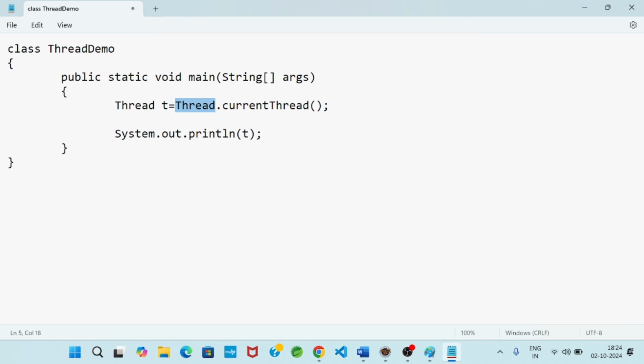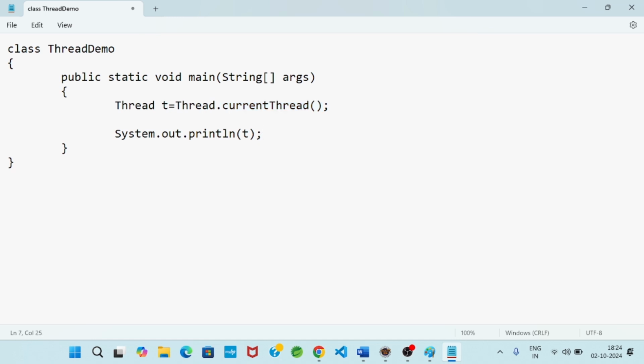In Java programming, generally a method is invoked by an object. When a method is directly invoked by a class, that method is a static method.